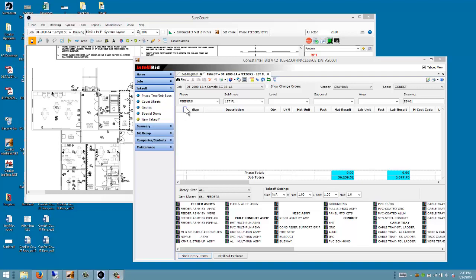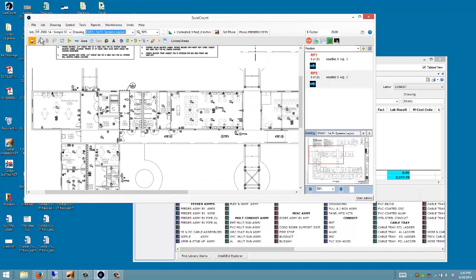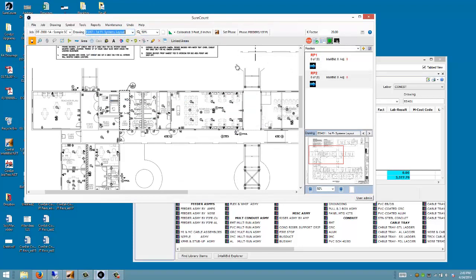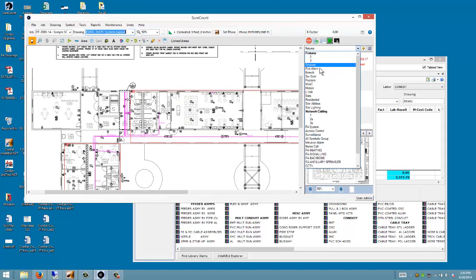my estimate in IntelliBid. So I've got feeders first floor set up and feeders second and third floor, and I also have the drawings in SureCount for a first, second, and third floor layout here. I've taken the first floor and assigned that drawing to the first floor phase, same as the third floor, and assigned that to the third floor phase for